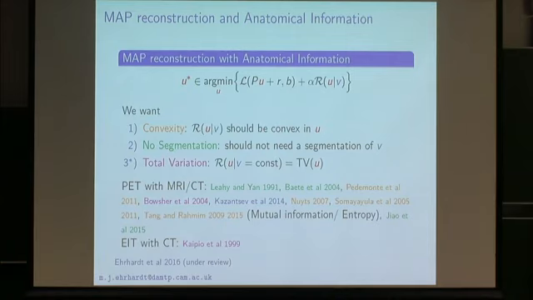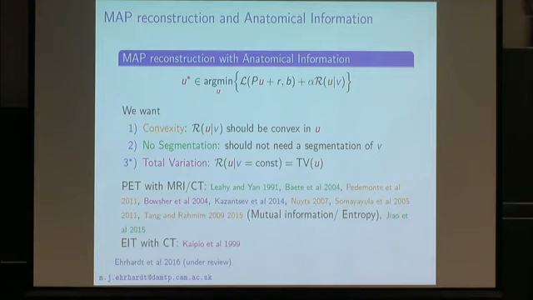And there have been plenty of priors and methods introduced to incorporate high-resolution information from either MRI or CT into the PET reconstruction. Here's a short selection of them. As you can see, pretty much all these methods fail on one of these three criteria. What they often commonly fail is convexity, when they are based on information theoretic priors. And some of the earlier works, for instance here by Lee and Yan in the early 90s,